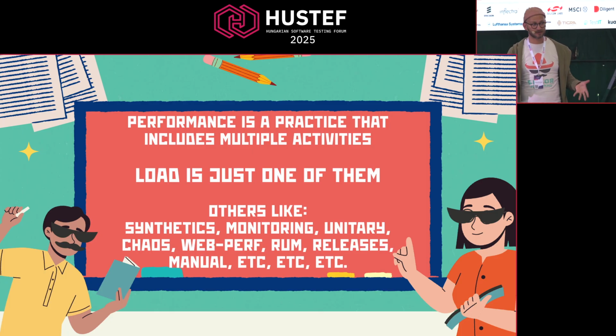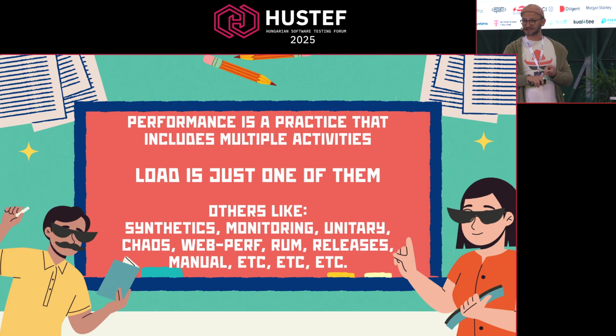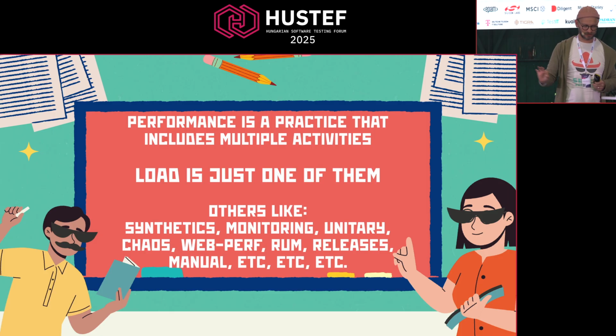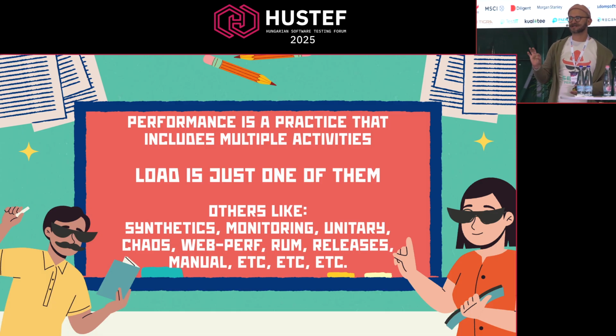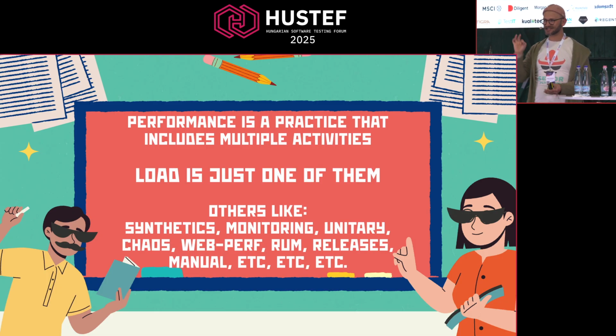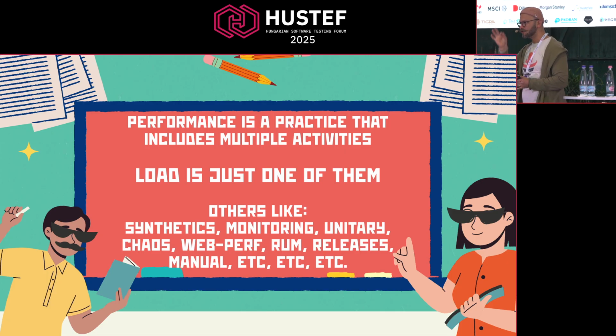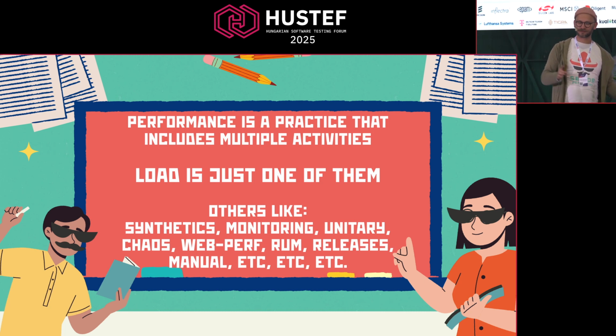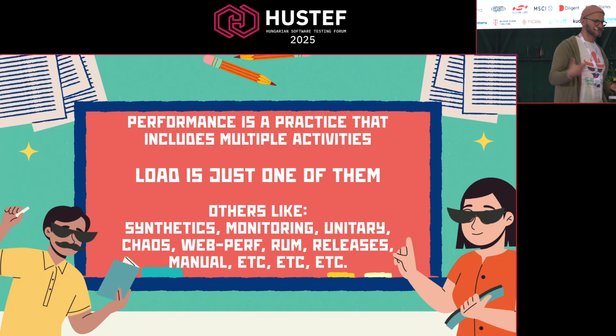As I mentioned, there are many other things that we can do. Things like synthetics, continuously checking the performance of our application. Monitoring, in a way that we can know how fast and how efficient we are, without any automation, just by monitoring. Unit tests will give us performance metrics in an awesome way. We run unit tests on a developer's machine, so we will catch the problem as early as possible. Chaos testing has a blurry line between performance and chaos. And if you don't have good observability and performance practice, chaos engineering, chaos testing will be difficult.